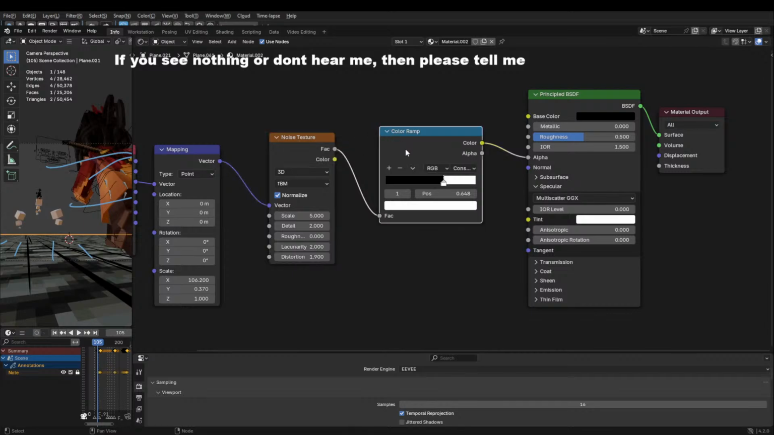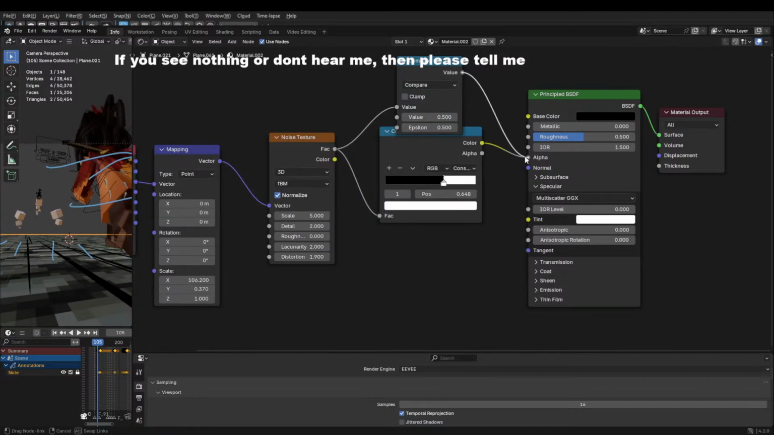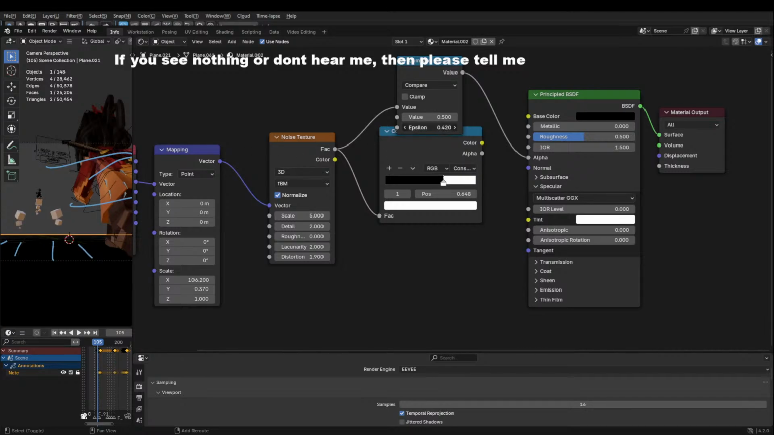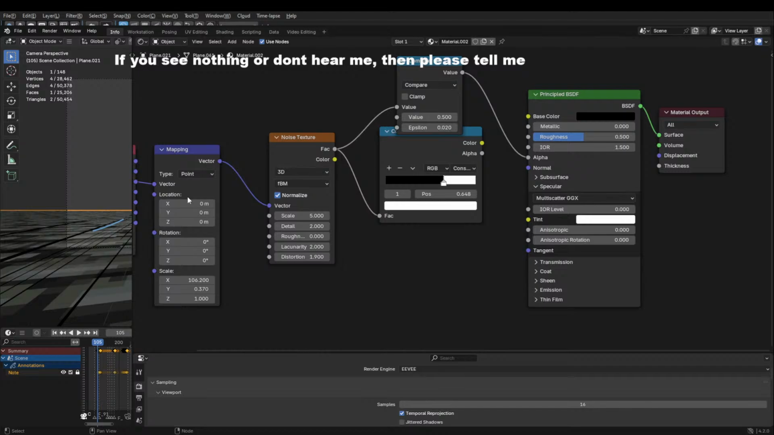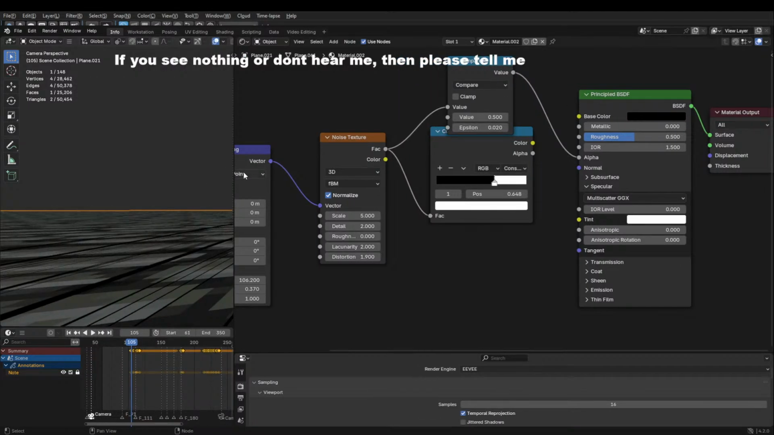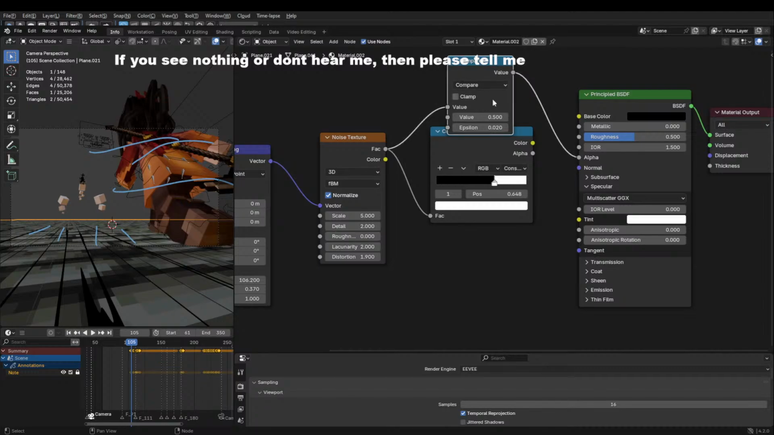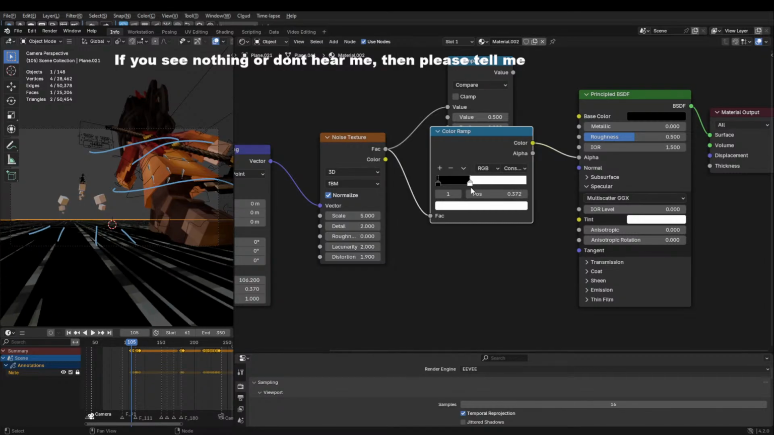Plug the noise texture into a color ramp, and then set it to constant. You can also use a math node and set it to compare. If we do this, let it update, lower the epsilon. It gives you the same effect, but this is more mathematical. So if you don't have a good abstract idea of math, it might be difficult to use this. Visually, it's easy to use a color ramp, because you can kind of tell how much black